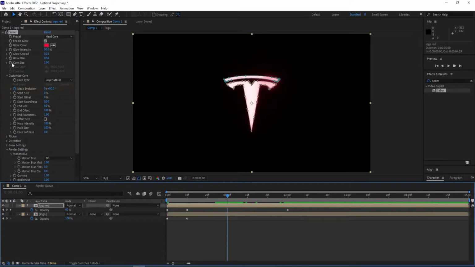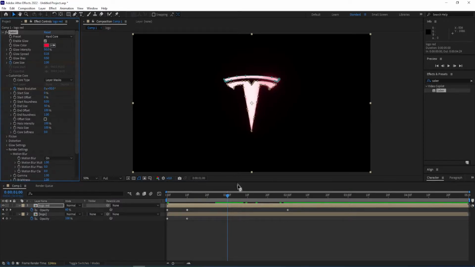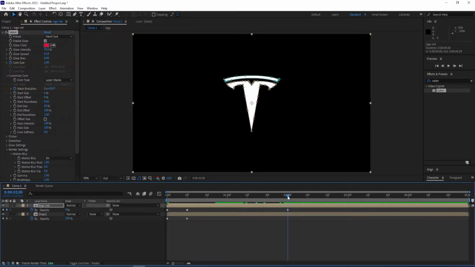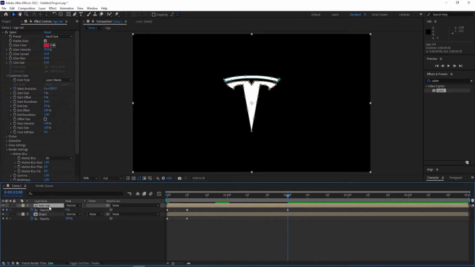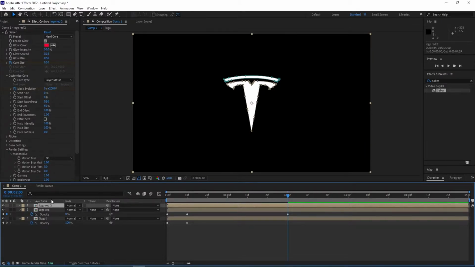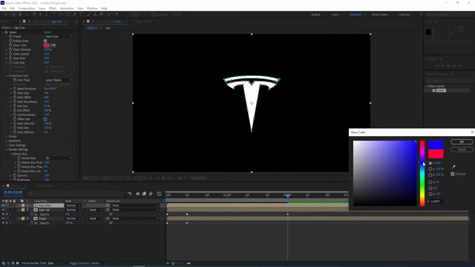and then set a keyframe to core size, keep it at 2, and now go to 2 seconds and change this to 0.5. So now we can duplicate this, Ctrl+D to duplicate it, press enter to rename. I'll call this logo blue, and then I'll change the color of this to blue,